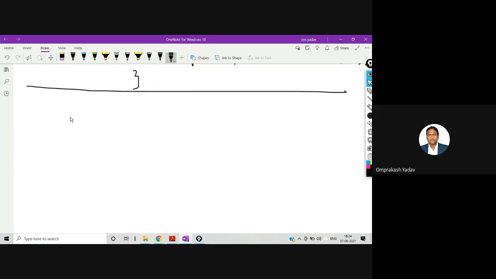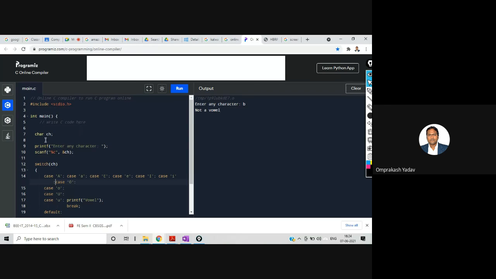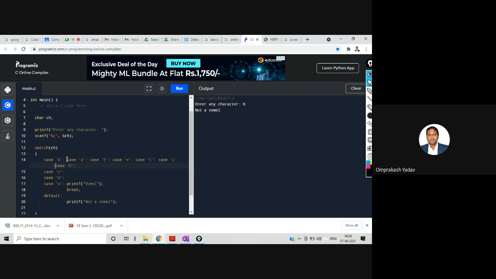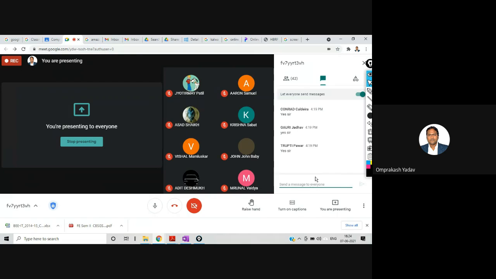So let me write that question over here: perform arithmetic operation based on switch case. If the user enters plus, then it has to do addition. If the user enters the minus sign, then it has to do subtraction. Whether all of you did this? Okay, okay.